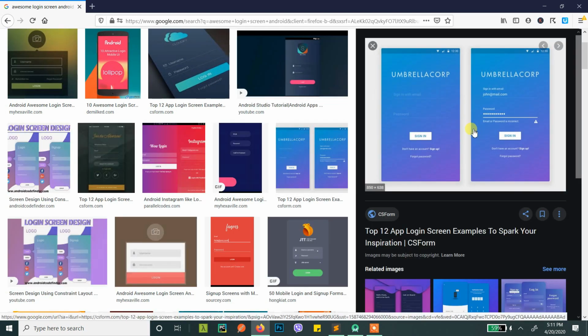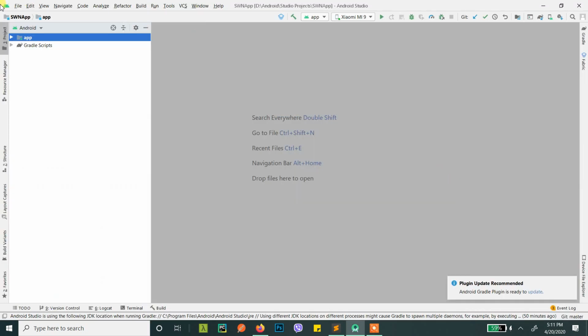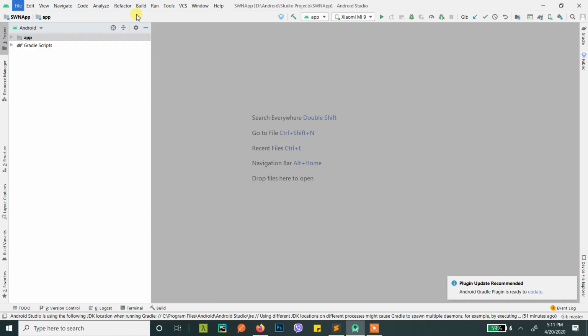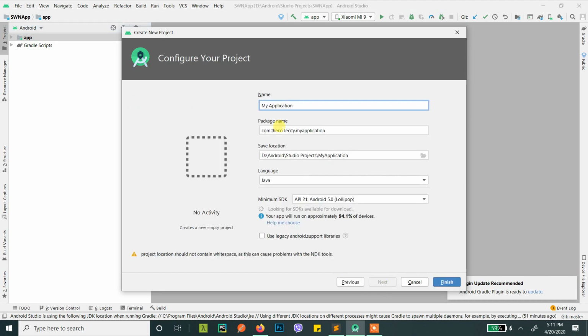This looks, oh yeah, I like this one. This is pretty neat. Yeah, let's do this one. Okay, first we'll do this, and then we'll do this. So first let's save this, save as image, and let's save it somewhere on my desktop, and go here, and let's create a new project. What will I call it? I'll call it awesome login UI. Awesome login. Let's call it awesome login and